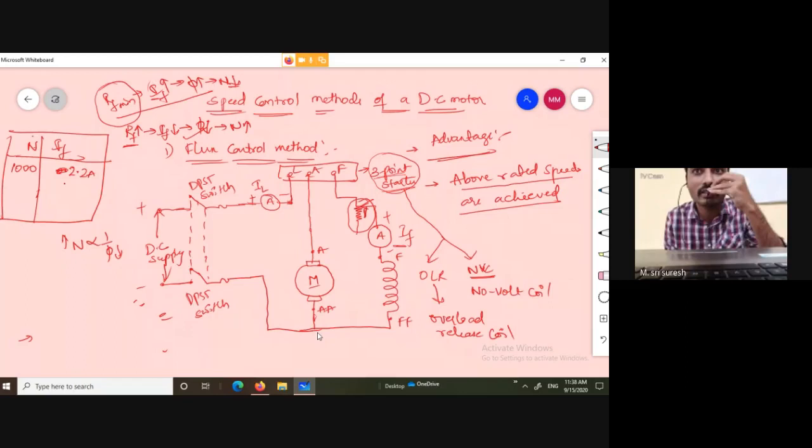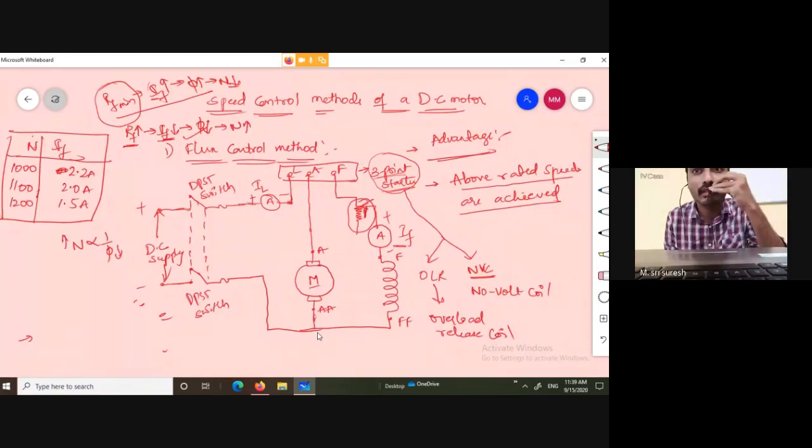That means if you reduce the current, that is, by increasing the field resistance, by varying the field rheostat jockey position, the field resistance is increased. If the field resistance increases, what happens to the field current? Field current is reduced. That means 2 amperes corresponds to 1100 rpm. Like that we are getting. Again, we vary this resistance position, so the field current value is reduced. Let it be 1.5, and you are getting 1200 rpm.